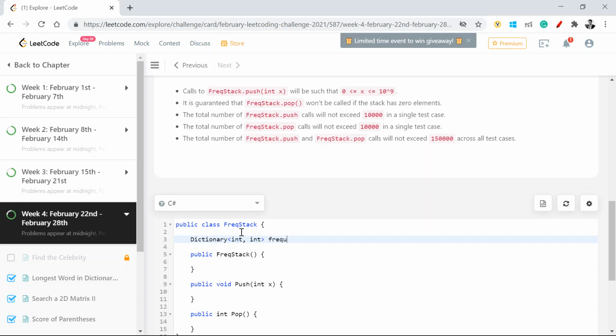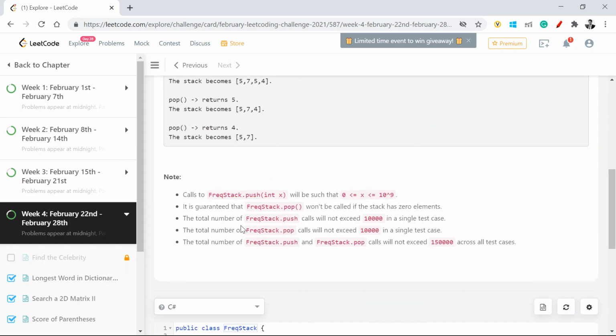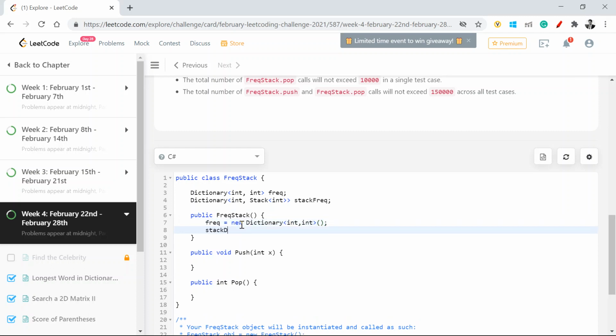So this will be the frequency objects, and another will contain two values, which is the frequency and the particular stack values for that particular frequency. So once I instantiate, the moment this particular frequency stack is called, I'll instantiate these objects. I'll say frequency is equal to new Dictionary int comma int, and stack frequency is equal to new Dictionary